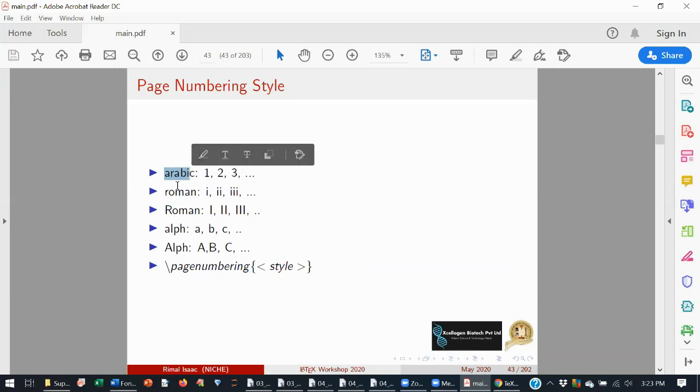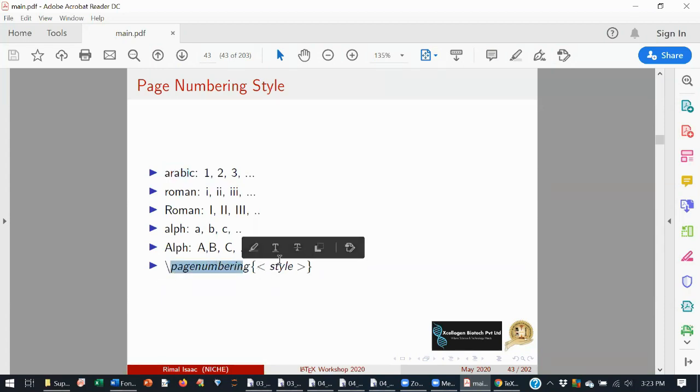Arabic means 1, 2, 3; roman means small i, ii, iii; capital ROMAN means capital I, II, III; alph means a, b, c; capital ALPH means capital A, B, C. You use slash pagenumbering, then type the style inside, either arabic, roman, Roman, or alph.